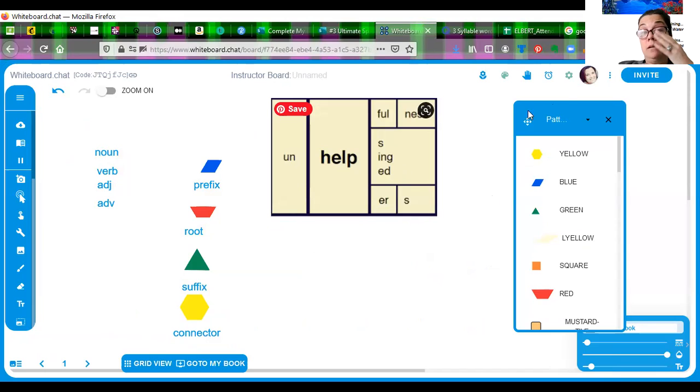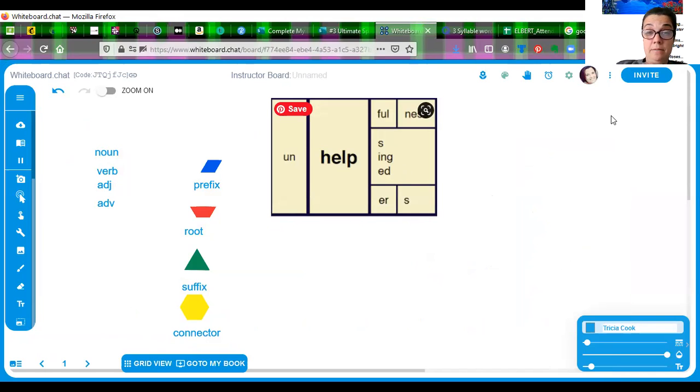Okay, so that's what it's going to look like when I get the file back together. But anyway, we're ready to start. We're going to make our diagram because we're going to diagram the word. It looks like a regular sentence diagram, doesn't it? Okay, so let's start always on the matrix with the